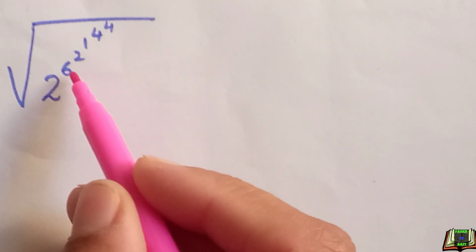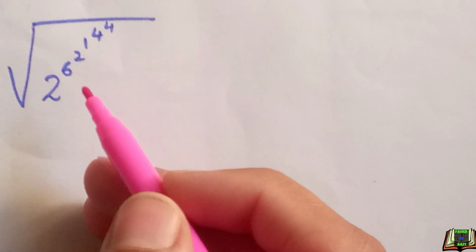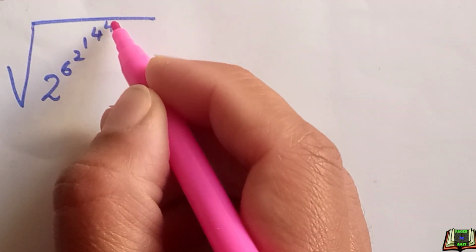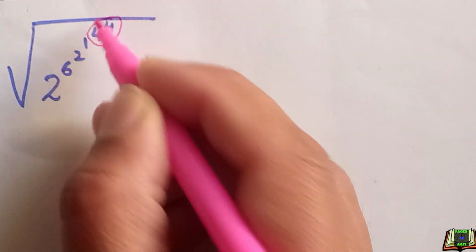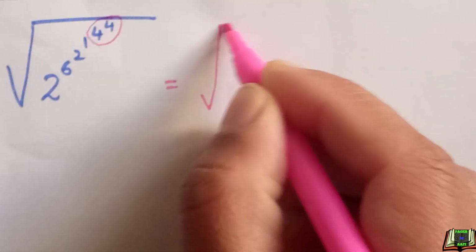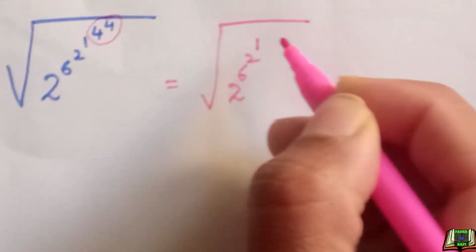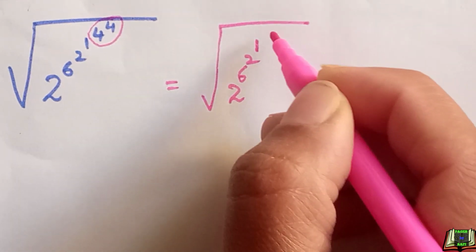Square root of 2 raised to power 6 raised to power 2 raised to power 1 raised to power 4 raised to power 4. We have to find the value of it. We are going to solve the topmost powers first. So it will be equal to 2 raised to power 6 raised to power 2 raised to power 1, and we know that 4 raised to power 4 is